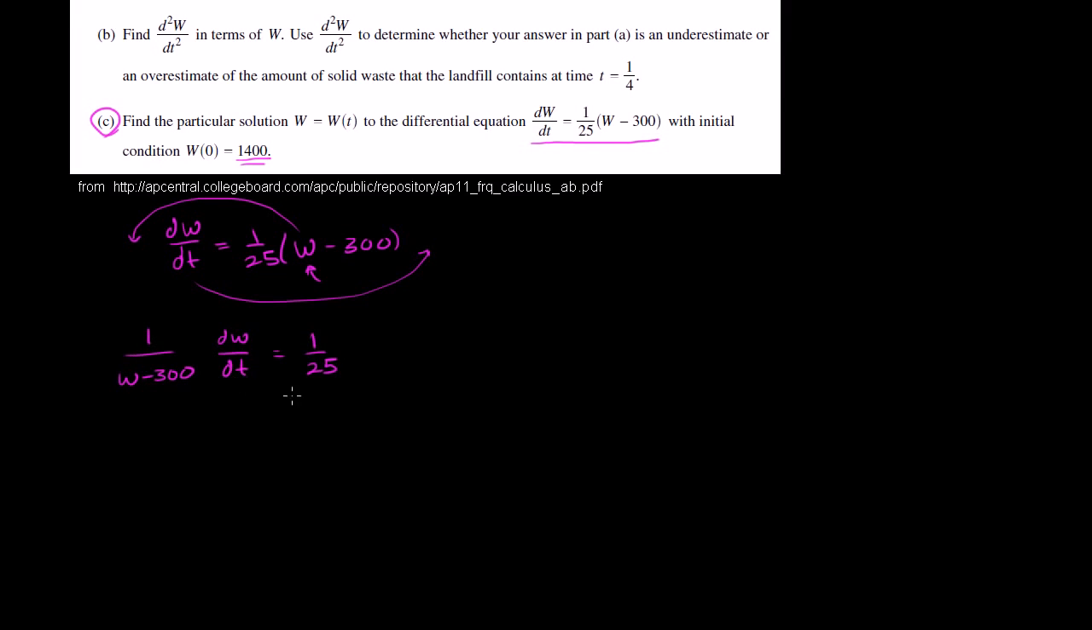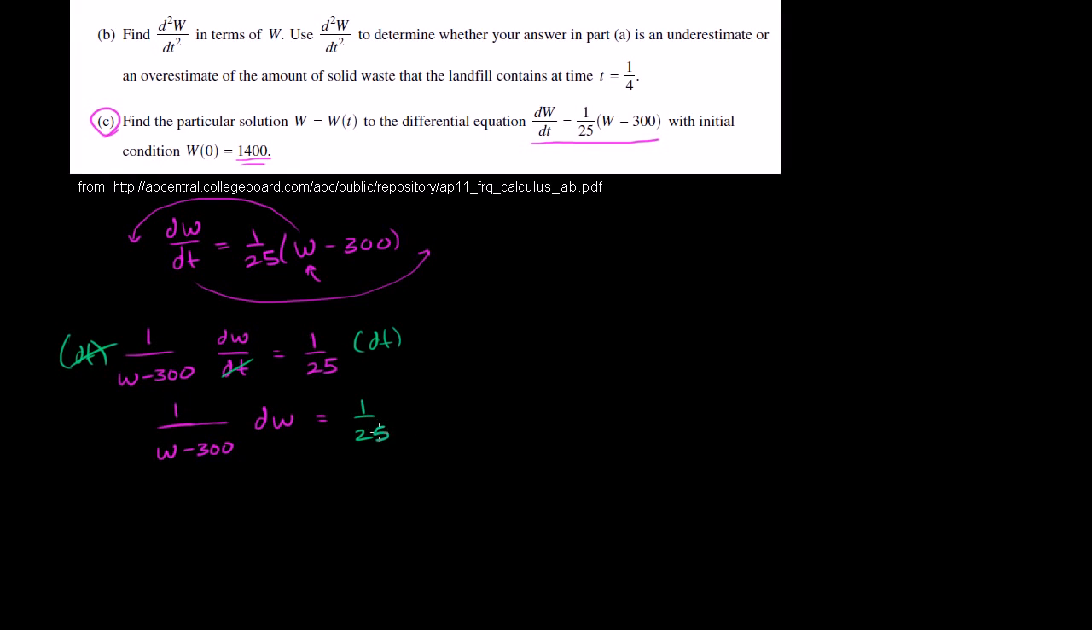Now I want to get the dt's on this side, so let's multiply both sides by dt. View the differential as just a very, very small change in t. And so we get, and I'm a little bit imprecise with my notation here, but this is one way that you can think about it when you are dealing with separable differential equations, you have 1 over w minus 300 dw. Let me make sure that the dw doesn't look like it's in the denominator. dw is equal to